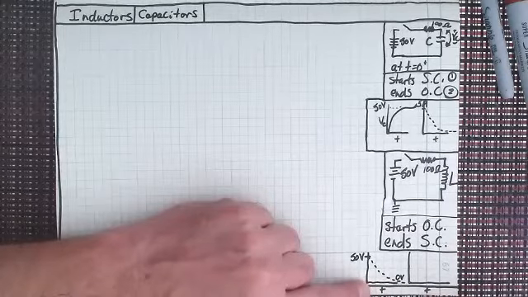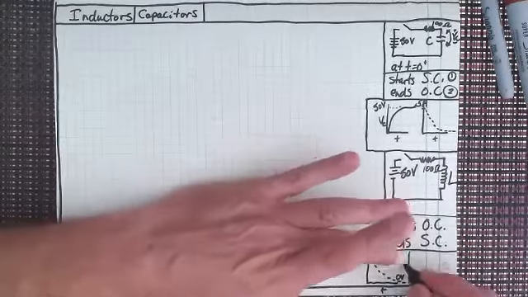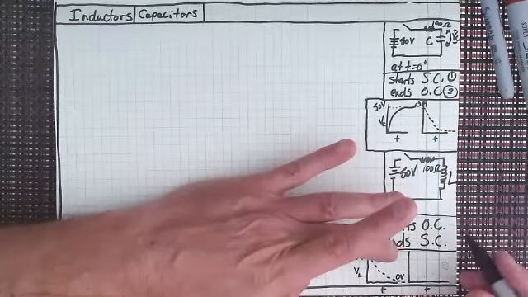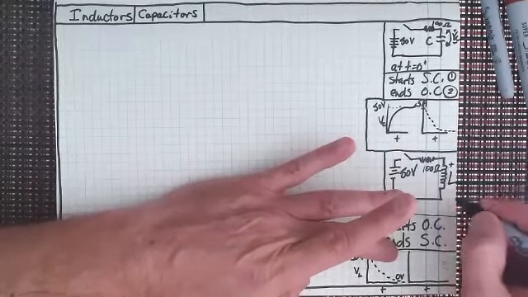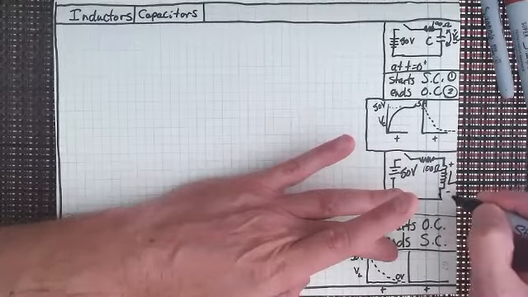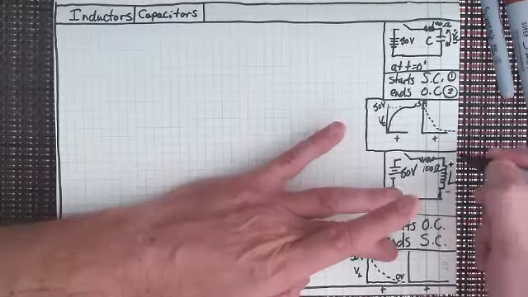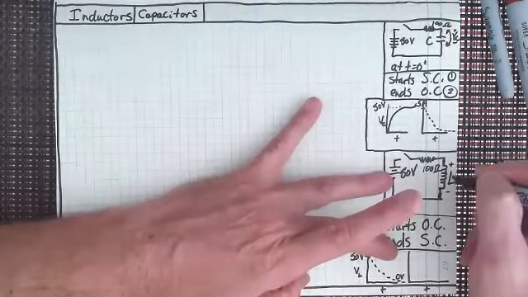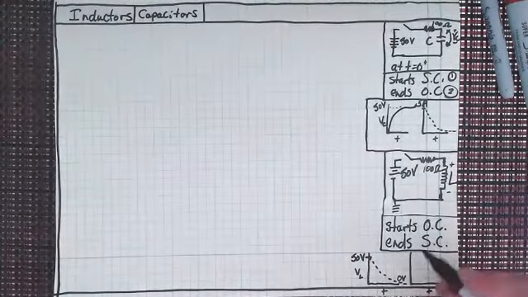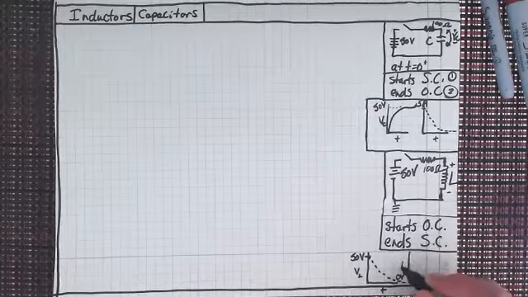How about my current? There's my voltage across the inductor, and that would, of course, be the same thing. There's plus, minus. If I put a probe here off a digital multimeter and I put a probe here off my digital multimeter, what am I going to get? So that's what the voltage across there is. What is the current